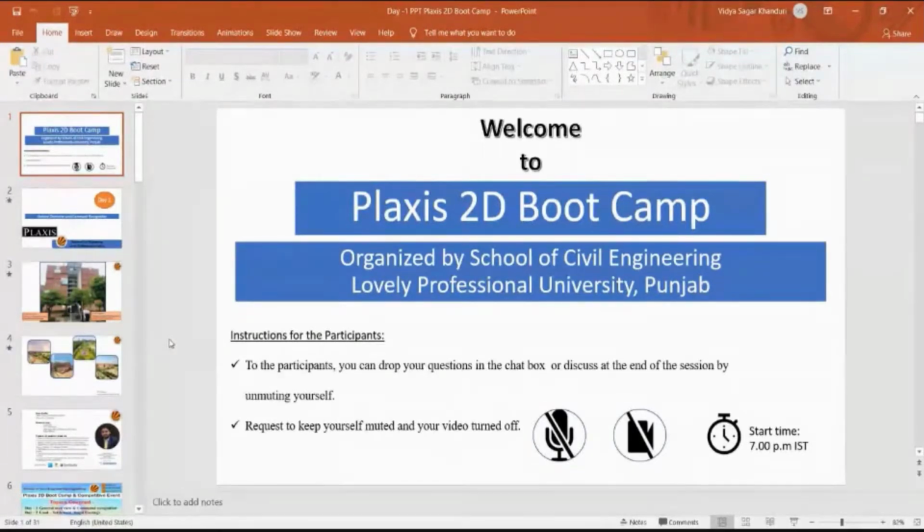Actually, this 2D is in our college, in our school. There is the licensed version we have, but I'm using the cracked version. We are basically giving the inputs in that licensed version. It is not advised to use the cracked version on all computers, because whenever you use it for research purposes, they ask for validation, and then you need the licensed version.